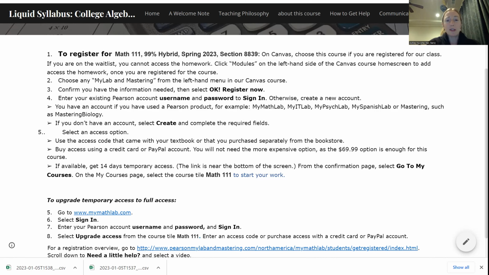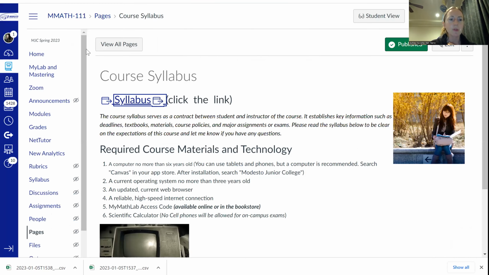I don't know why they don't make it work either way, so that no matter where you go, you get what you need, but they had to make it complicated. But in our course, because MyMathLab and Canvas are integrated, I have to do it through Canvas. So I just go to my Canvas page, and then if you're not in our course, of course, click on Math 111.